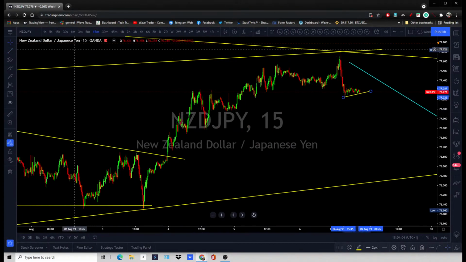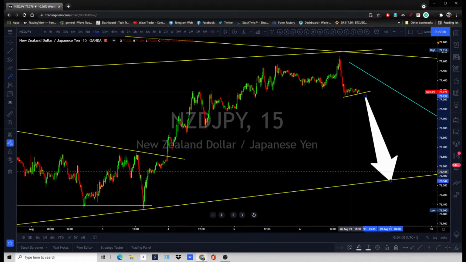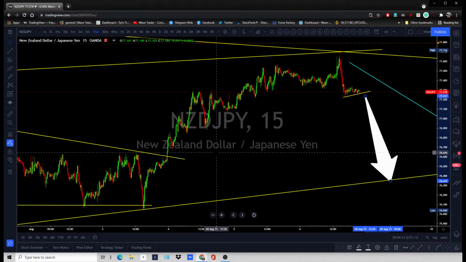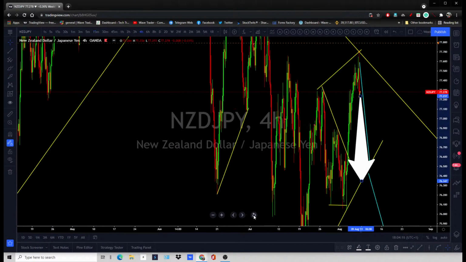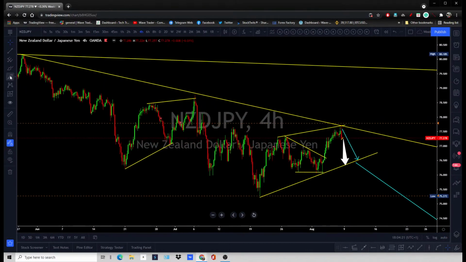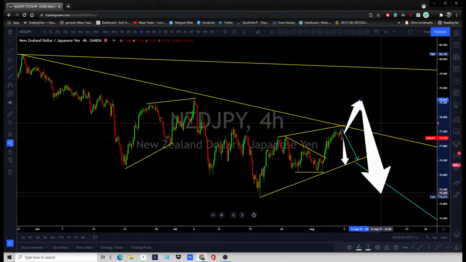You have seen that correction on the New Zealand dollar US dollar too. That has slightly gone lower. But this chart is still close to the top, to break down aggressively and continue the bearish trend. In case price is not going to drop and slightly pushes higher, let's see, this is not going to change, all the way back to that top, or impulse. So this is not going to change the bigger view.